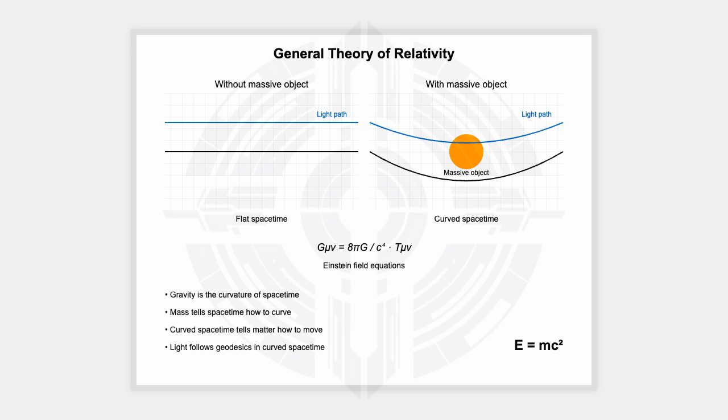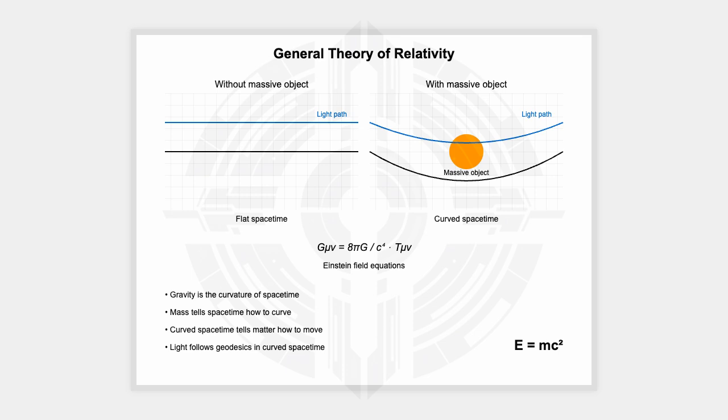So we typically think of time as constant, ticking away at the same rate everywhere. But according to general relativity, gravity actually affects the flow of time. You're saying time can move faster or slower, depending on where you are? Exactly. The stronger the gravitational field, the slower time passes relative to a weaker gravitational field.